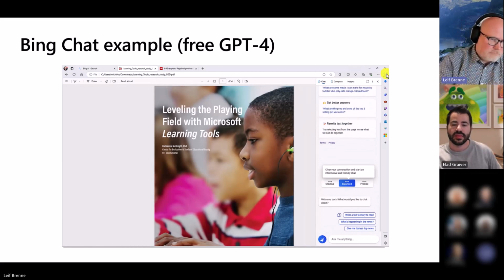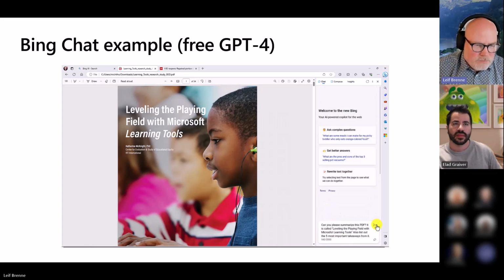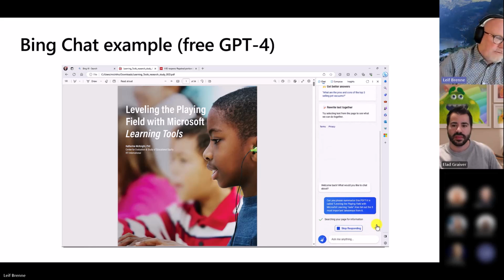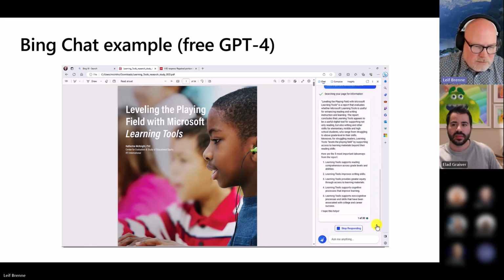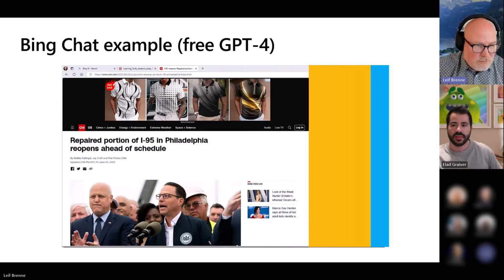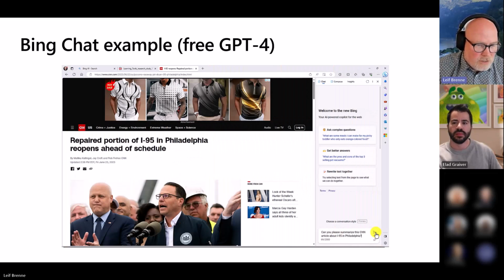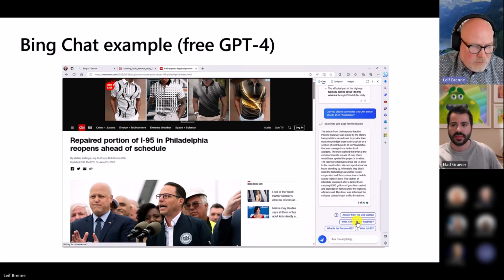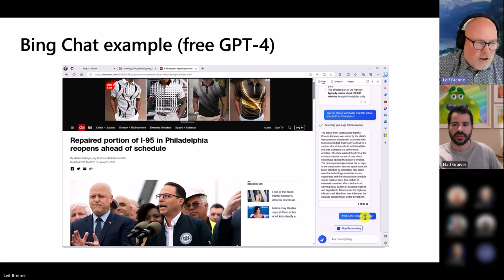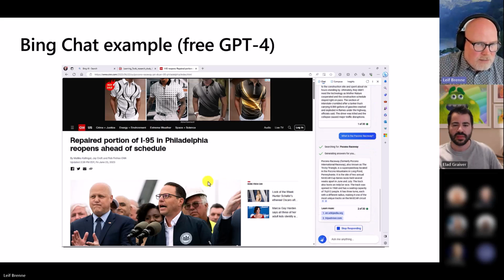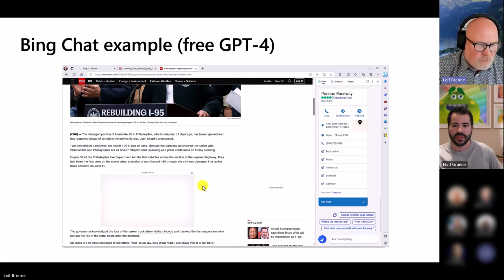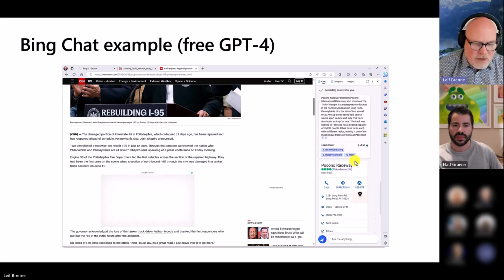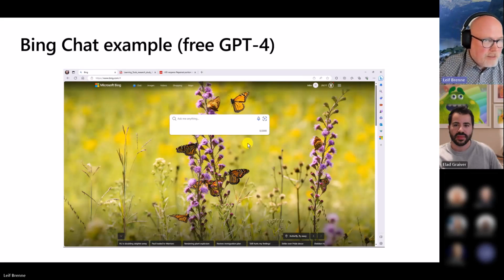So in this case, I'm taking a PDF file and asking it to summarize it. Bing will read the whole PDF file, summarize it, and give me a good summary. The same thing applies to web pages: any web page, summarize it, and since it's connected to the web, I can add more questions about the particular thing in the web page and make it much more active as well. So all those tools are in Bing Chat today for you to use as well. And with that, I'm going to go over to Elad to talk about new updates for Reflect.